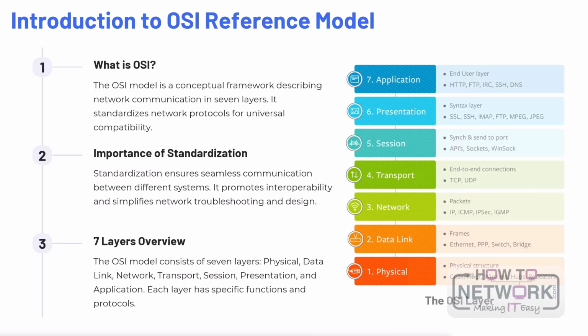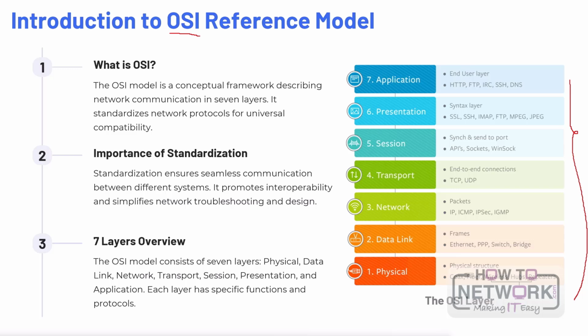The Open Systems Interconnection, or the OSI reference model, is a conceptual framework that provides a standardized way to understand and describe how networks communicate. It is a 7-layer model, and each layer is responsible for specific functions and protocols. The OSI model serves as a blueprint for network engineers, developers, and administrators, ensuring compatibility and interoperability between diverse networking